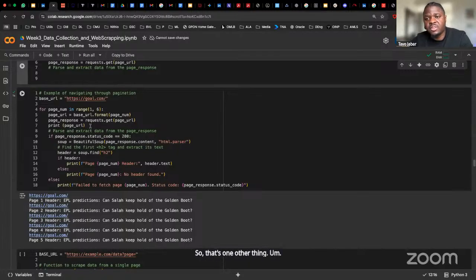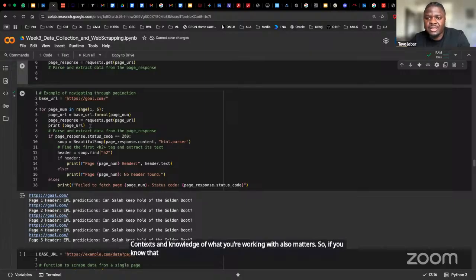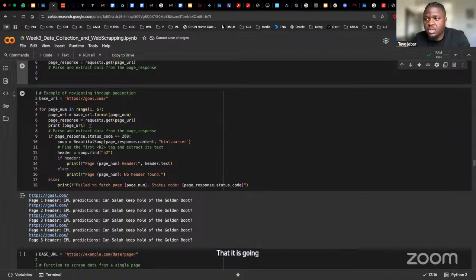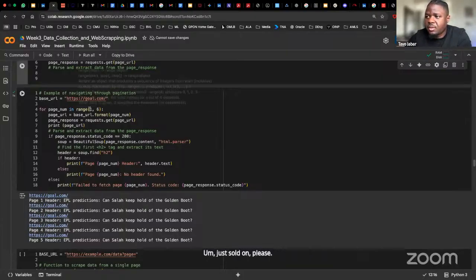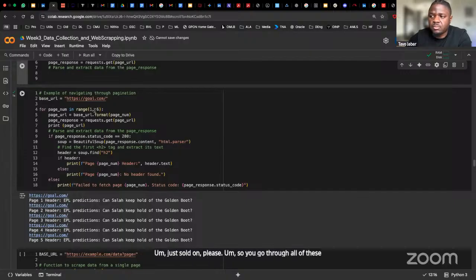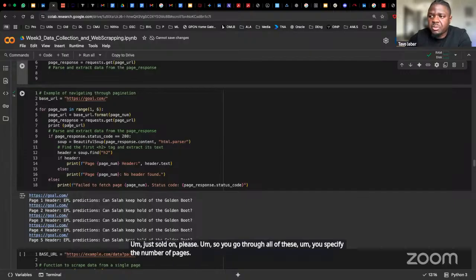As much as all of these are automating tools that help you, context and knowledge of what you're working with also matters. So if you know that you want to extract data and you know that it goes over multiple pages, then you must definitely have an idea of how many pages it is going over. That's why you have to specify the start and end pages that you're working with. So you go through all of these, you specify the number of pages, and you're basically